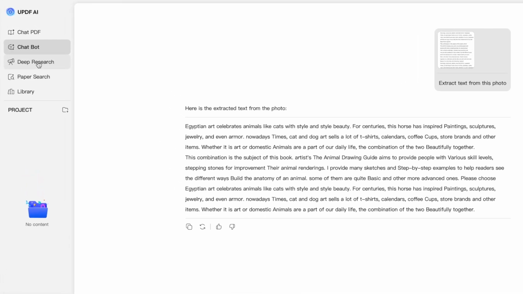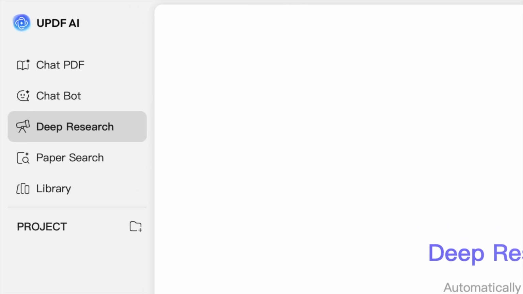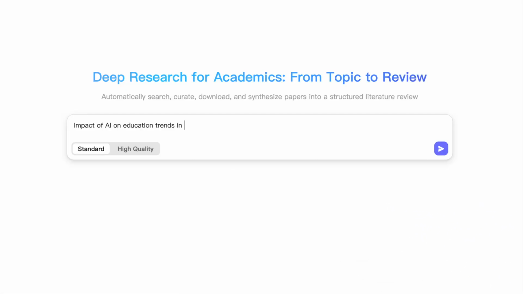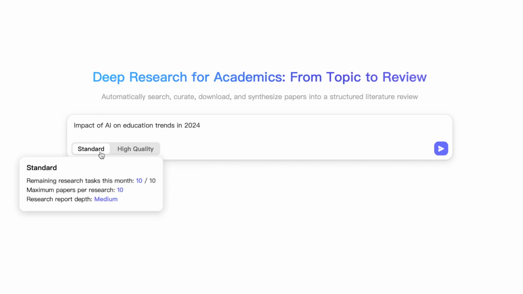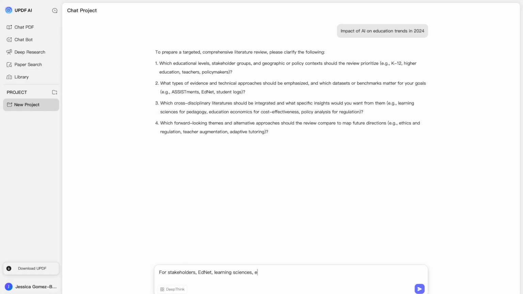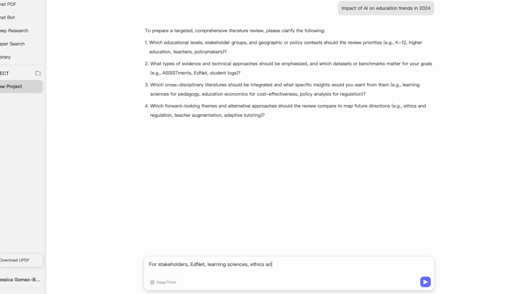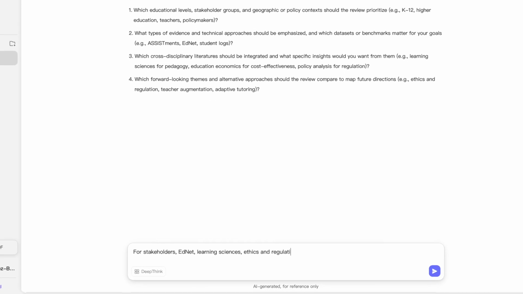Click Deep Research from the left sidebar. Type your topic or question in the search bar. For example, impact of AI on education trends in 2024. Select your search preference, i.e. standard or high quality. Hit the Enter key, and you will be asked to answer a few questions to create